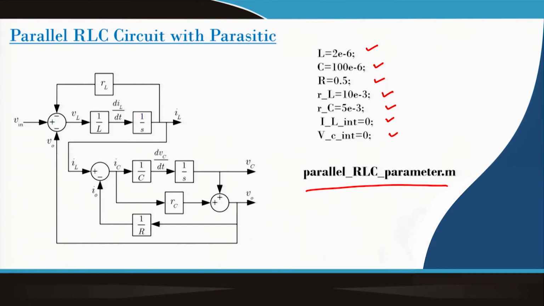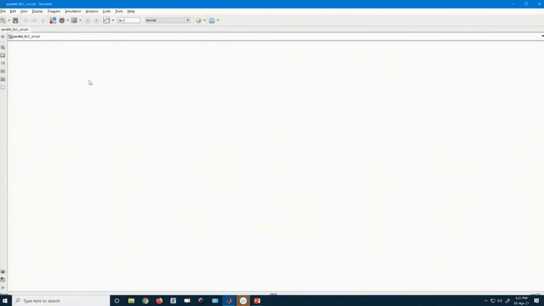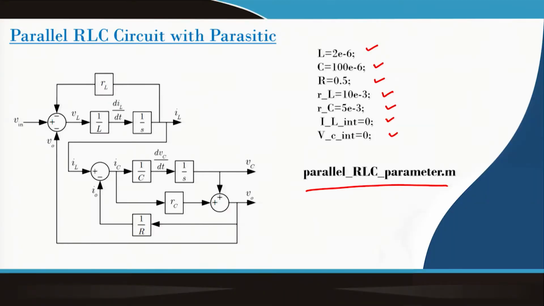So, let us go back to the MATLAB simulation block. In this MATLAB simulation, what we want is that our file, that means parallel parameter, parallel blocks. These I have explained. Now, we want to build this parallel RLC circuit. And we already have the equations. Which equations are there? These equations are these particular blocks. This block needs to be plugged in.